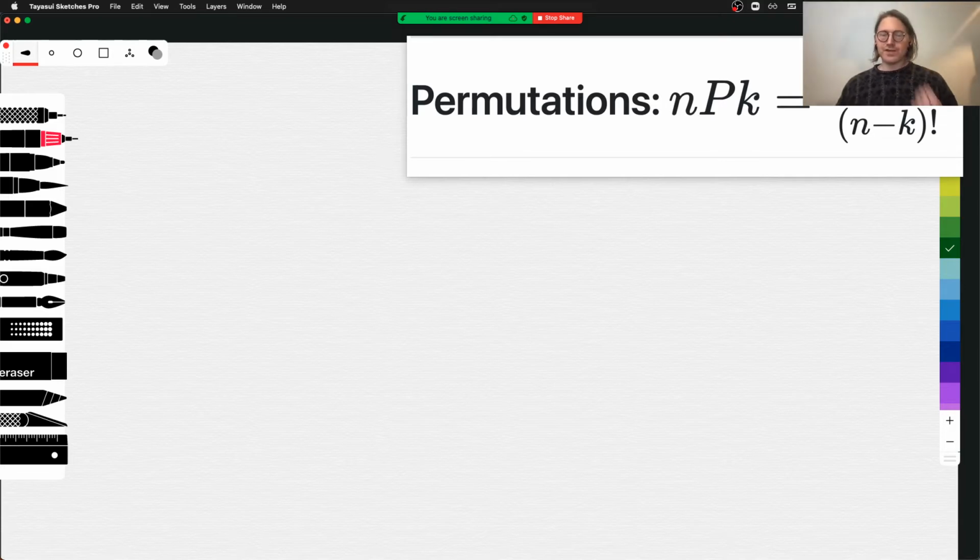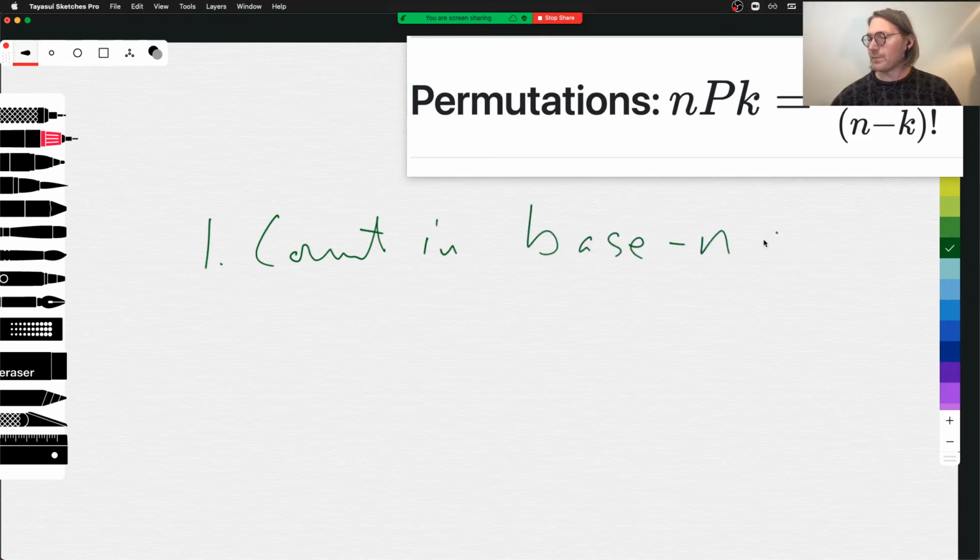Okay, so we can discover permutations in the same way that we discovered factorial. And I'm going to outline a simple enough algorithm for the discovery of permutations. I already kind of did with this reductive approach, right? But let's think about the first step, where we count in the base n system,